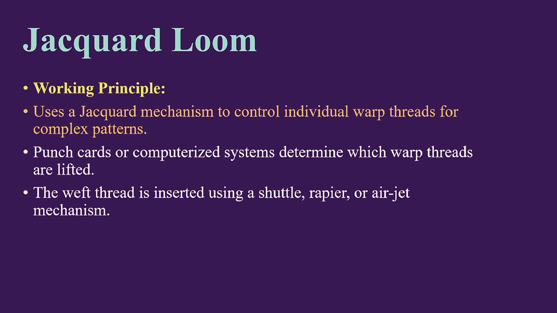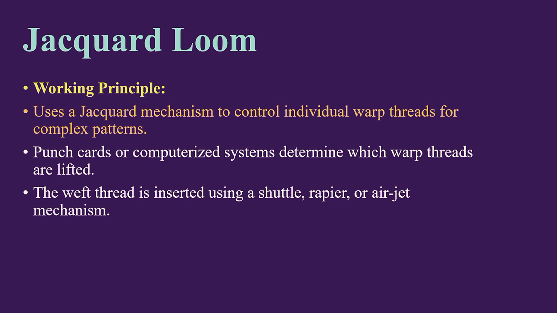Working principle: when we talk about the working principle of the looms, each loom has a different working principle. In case of air jet looms, pneumatic air is used for insertion of weft. In case of water jet looms, a water jet is used for insertion of weft. In case of rapier looms, metal arms or two rapiers are used for insertion of weft. So these looms have different mechanisms or working principles.